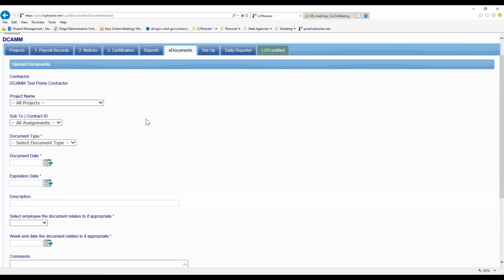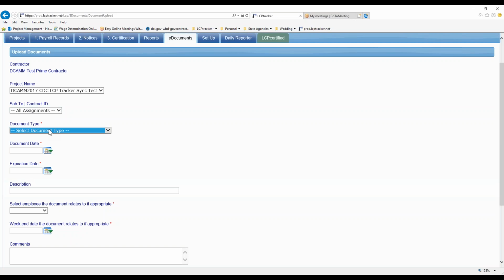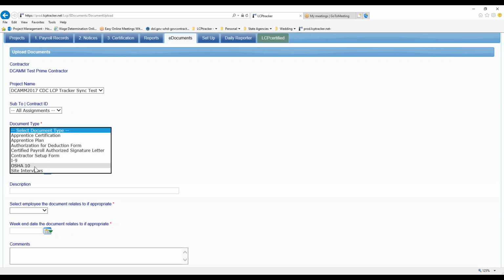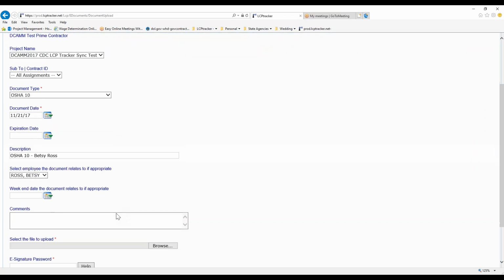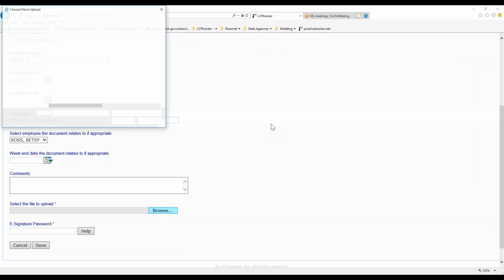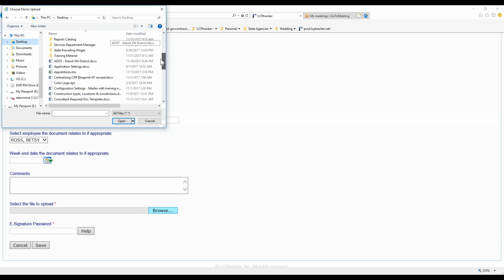Click on Upload Documents. I'm going to select my project from the drop-down list. I'm going to select OSHA 10 as my document type. I'm going to use today's date, and I'm going to put in a description of OSHA 10 and my employee's name. I can additionally pick that employee from the drop-down list, and now I'm going to browse my computer, find my form,